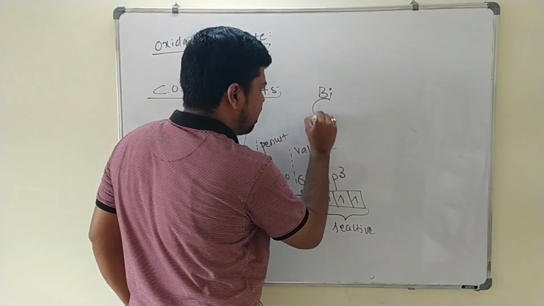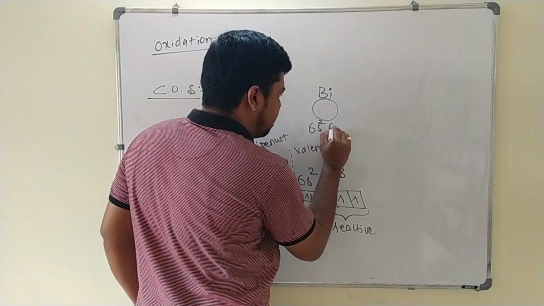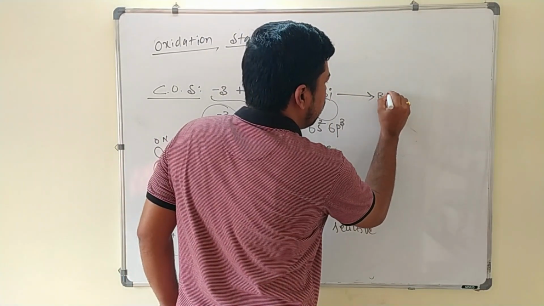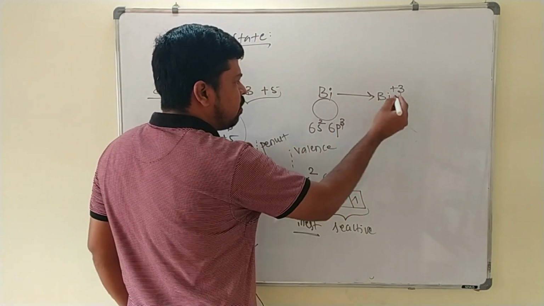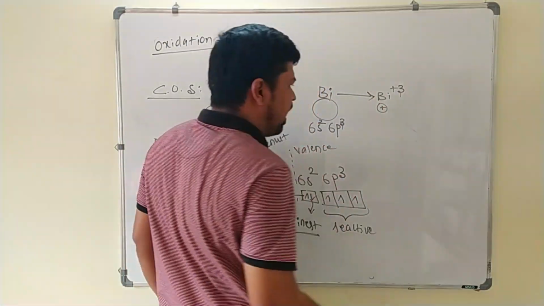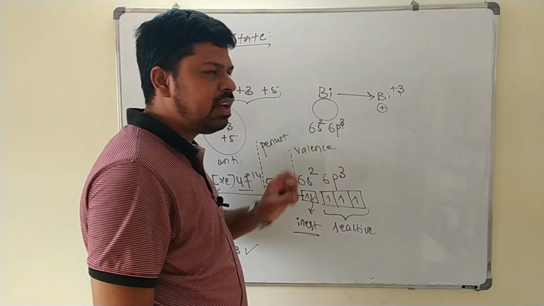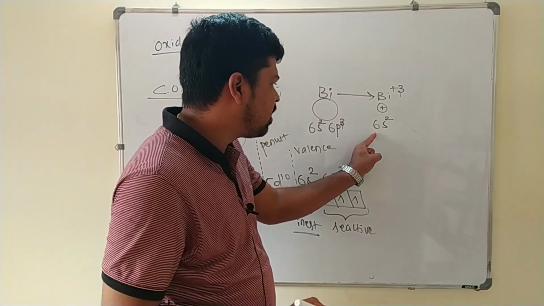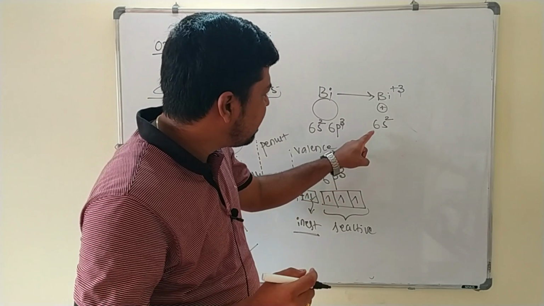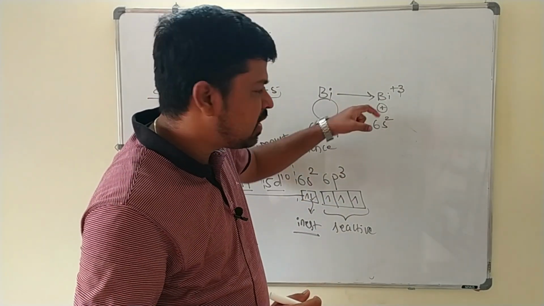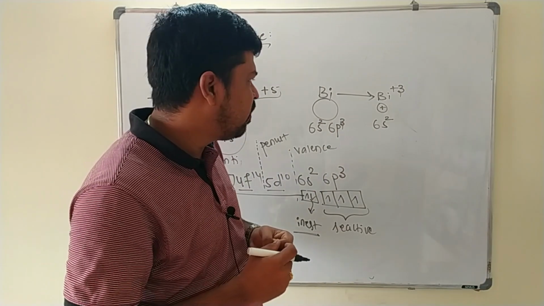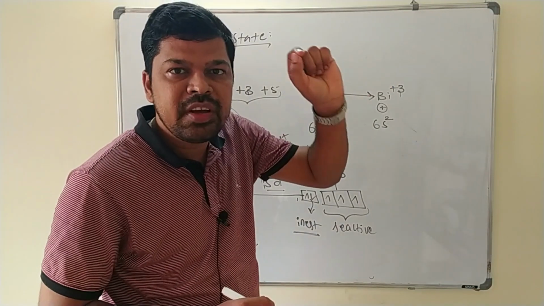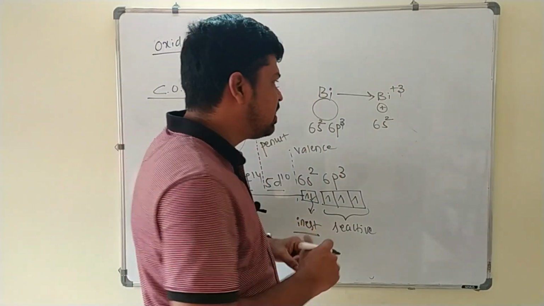Hence in case of bismuth, you can write like this. This is bismuth. Okay, it has 5 valence electrons in the valence shell like this. Then what happens? It loses only 3 electrons to show +3 oxidation state. Once it loses 3 electrons, its size decreases because a cation always has a smaller size than the parent atom. Now because of the smaller cation, what happens? Again these 6s electrons are strongly attracted towards the nucleus. Again they become more and more inert because the positive charge increases. Again what happens? They are strongly attracted towards the nucleus. So bismuth shows only +3 oxidation state. In case of bismuth, always keep in mind +3 oxidation state is stable.